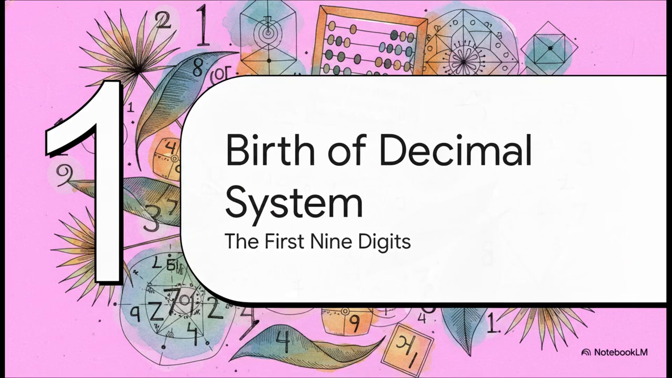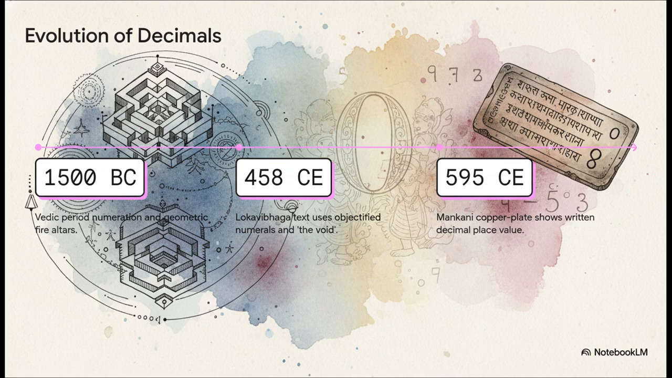The first 9 digits. Now, a brilliant base 10 system like this definitely wasn't built in a day. It evolved over thousands of years. It actually started way back in the Vedic period, around 1500 BC. Back then, they needed it for constructing these really complex geometric fire altars and for tracking massive, mind-bending cosmic lifetimes